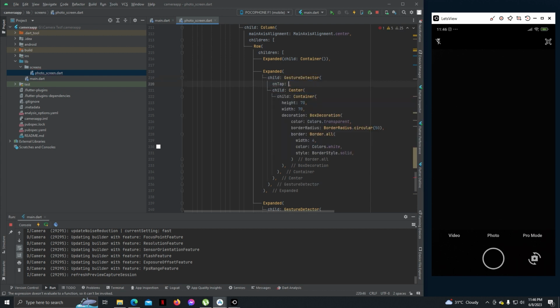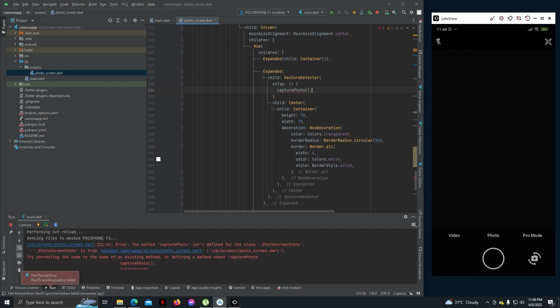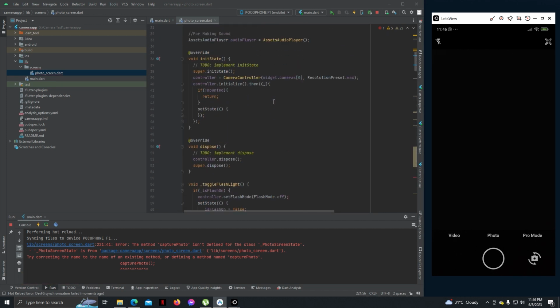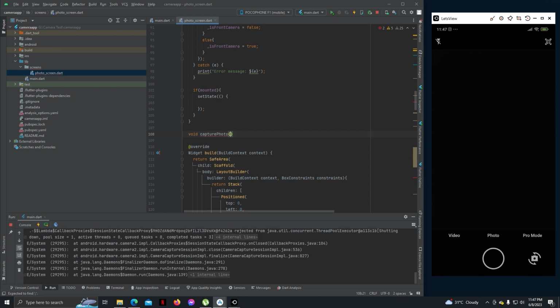On tap, capture photo. So let's write this function. After this init camera, so void capture photo